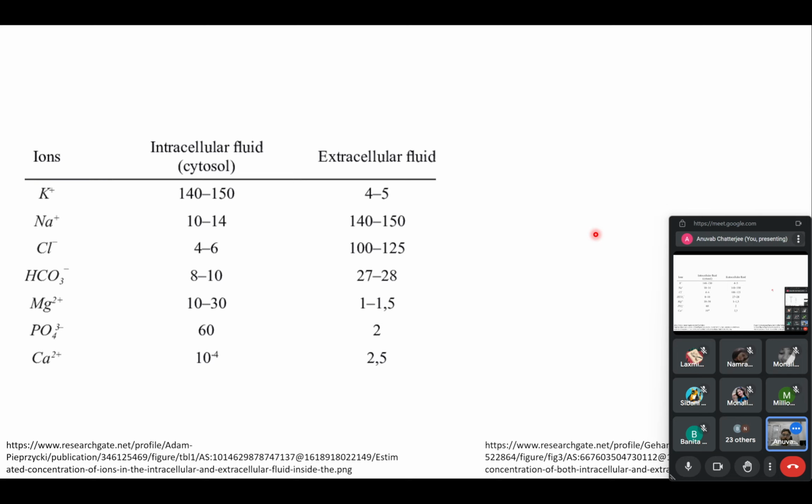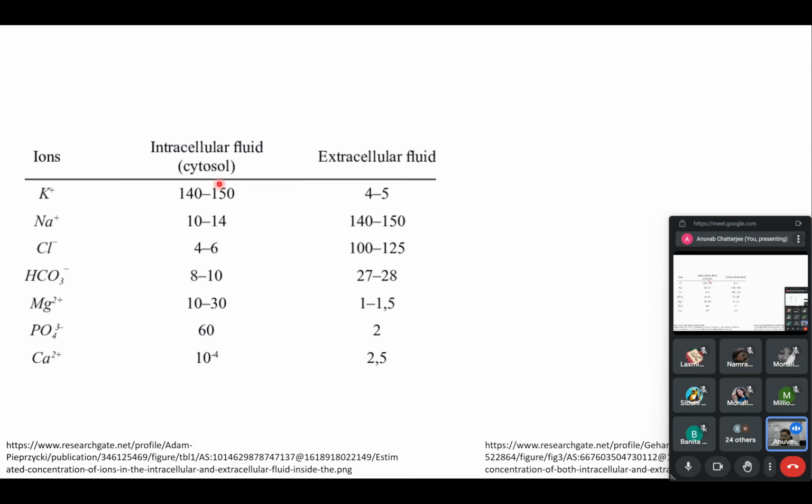We'll just quickly go through the discussion. If we look at the concentration differences of various ions extracellularly and intracellularly, we will find something interesting. Depending on whether we are looking at the extracellular side or the intracellular side, there is a difference in concentration of these ions. There is a huge quantity of potassium present inside the cell as opposed to the outside, and a huge quantity of sodium and chloride present outside of the cell as compared to inside.